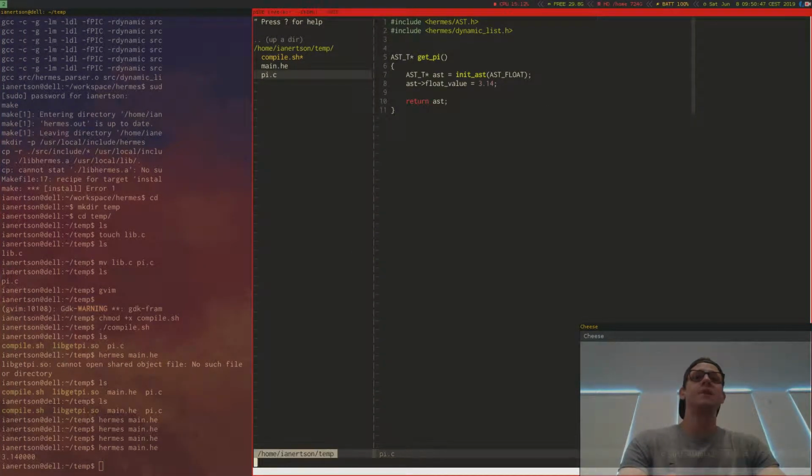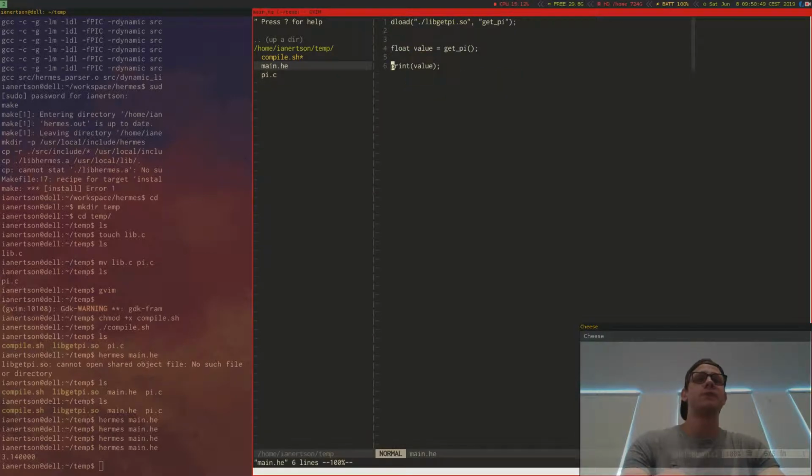Now, let's say you want to pass some arguments to this function. Let's say you want to throw in some arguments here. Let's say we want this to add a number to it as well. So let's say we put in 8. Now if you want to read that argument from your C code,